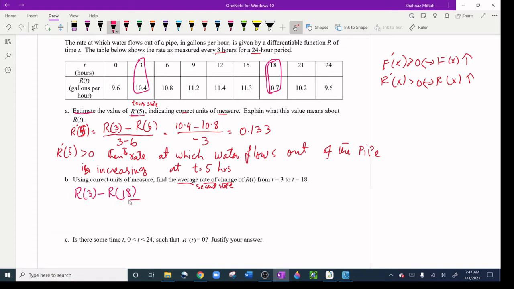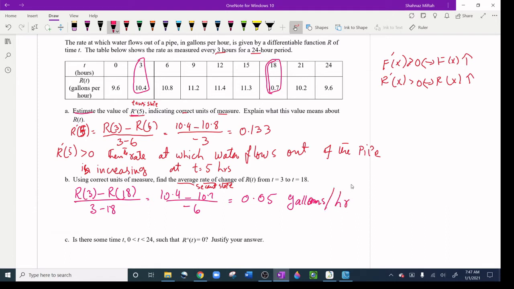You can do the other way around as long as the bottom goes the same way. R3 is 10.4 minus R18 is 10.7 over 3 minus 18 is negative 15. When you solve this, you get 0.02 in the correct units. What are the units? It's hours and gallons. So since I have 2 hours, it's going to be squared. So gallons